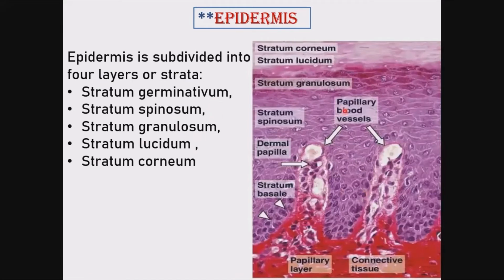As such, this epidermis is actually the stratified squamous keratinized epithelium. Whether it is thick skin or thin skin, the type of epithelium of the epidermis is stratified squamous keratinized epithelium, where we have a number of cells in multiple layers. As we go from below upwards, the basal layer will be stratum basale or stratum germinativum. Then we'll have stratum spinosum, then stratum granulosum, stratum lucidum, and stratum corneum.